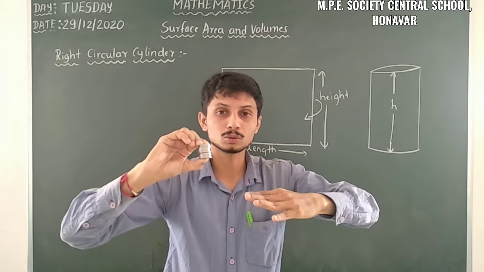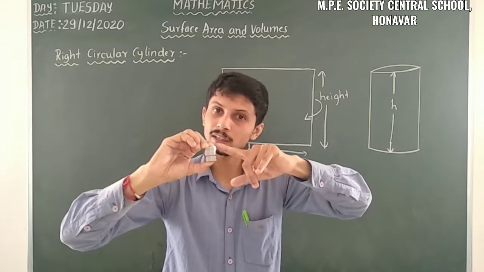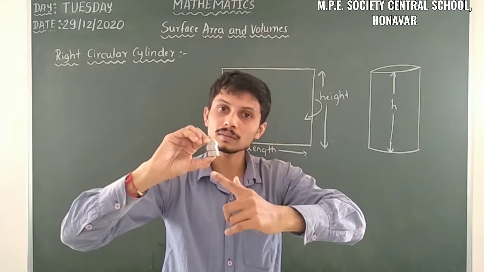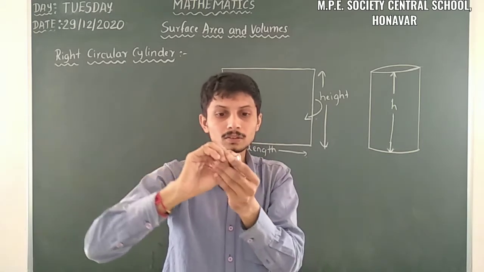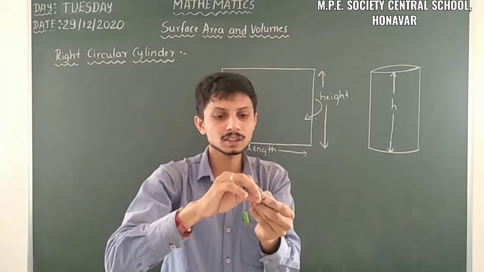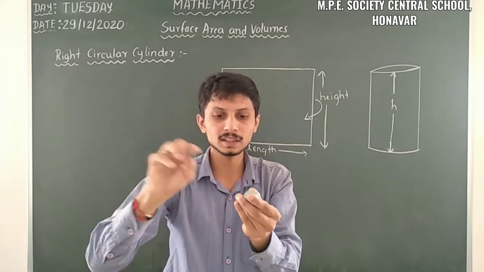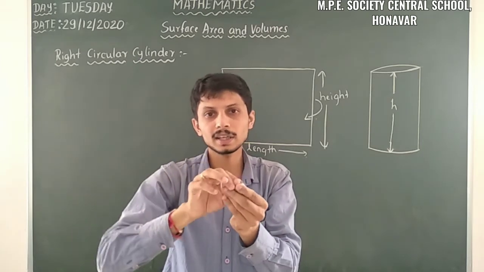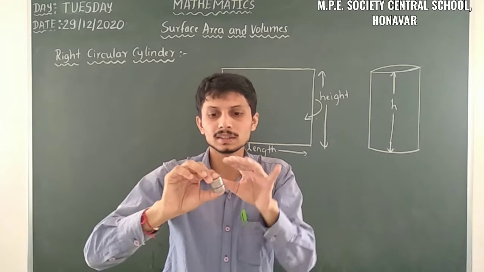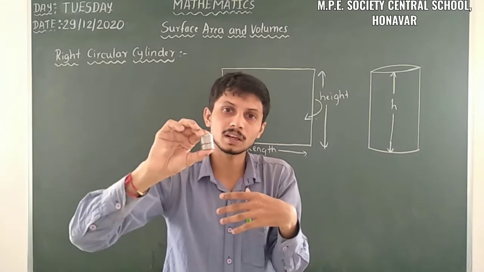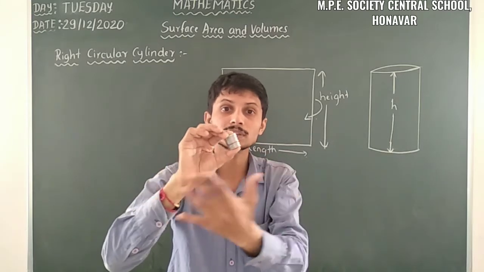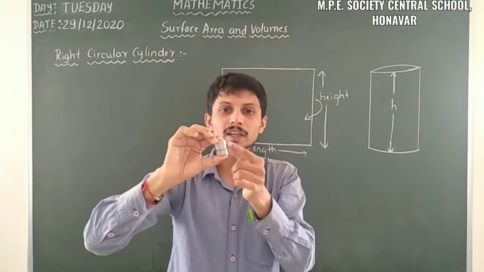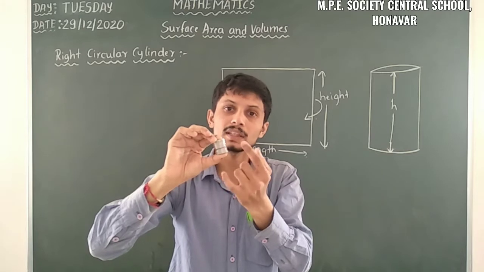I think you understood that. There are 20 coins. From each coin we can't take the inner surface area, because this surface area and this surface area overlap, so we neglect it. Here we are not taking the volume. We are taking only the outside surface area. That's why we take the perimeter of each coin.